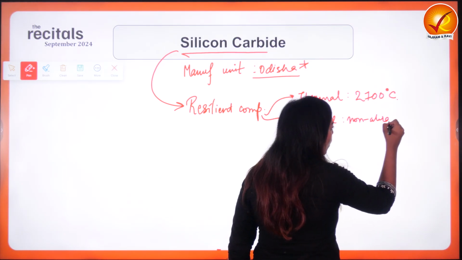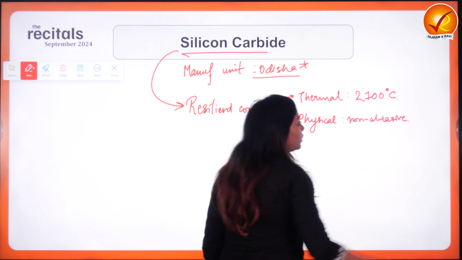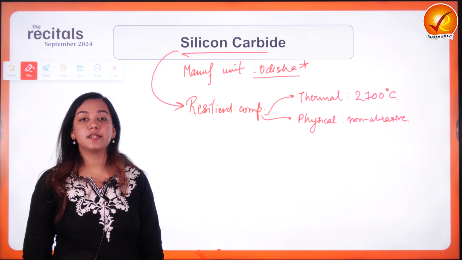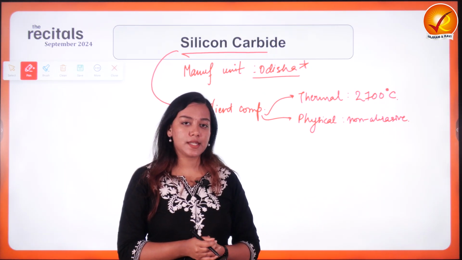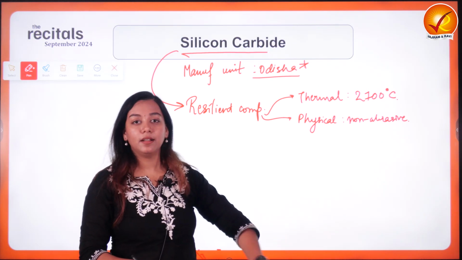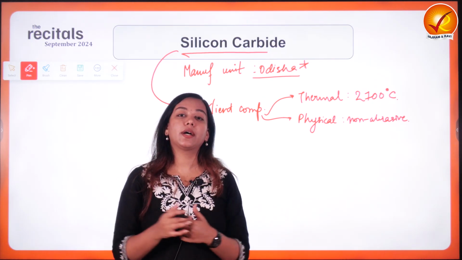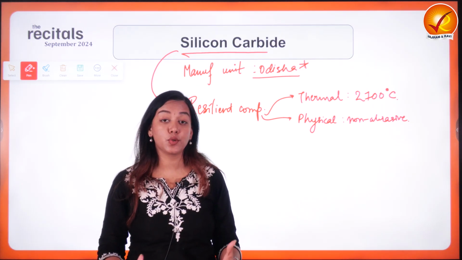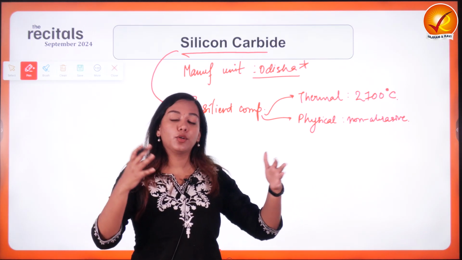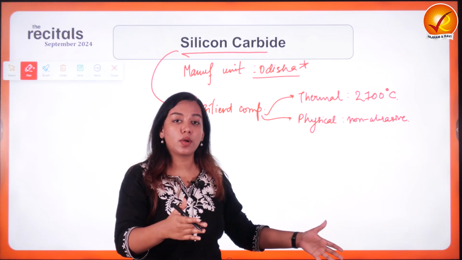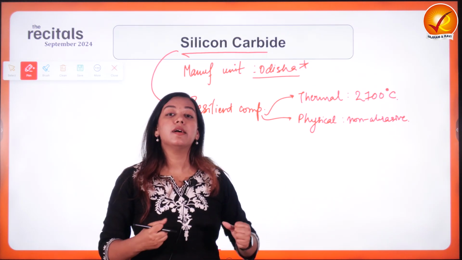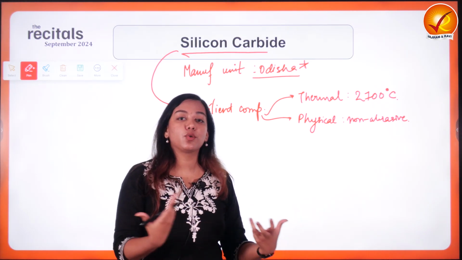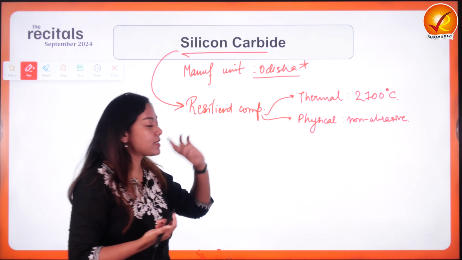When I'm saying it is non-abrasive, it could be used in applications, for example, creating a tile or flooring, or anything which we require to be completely non-abrasive so that even huge metal or machine installations can be put onto it. In fact, some of the machines could also be created using this compound.